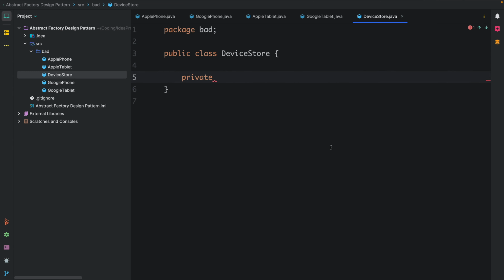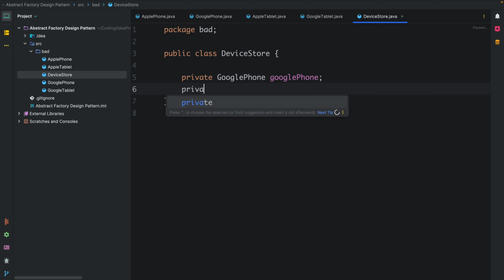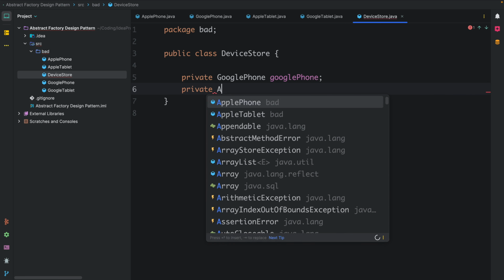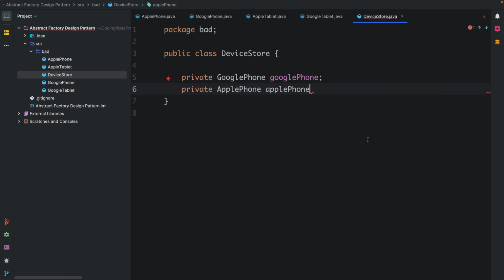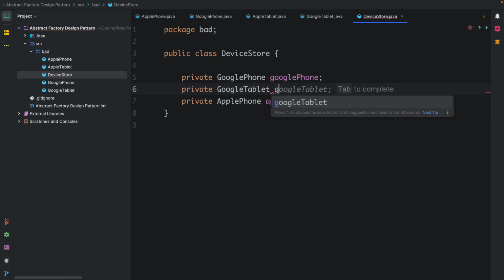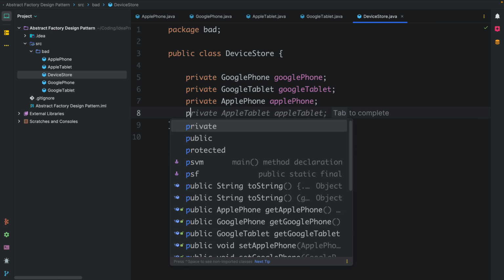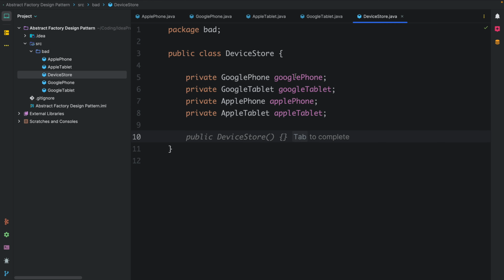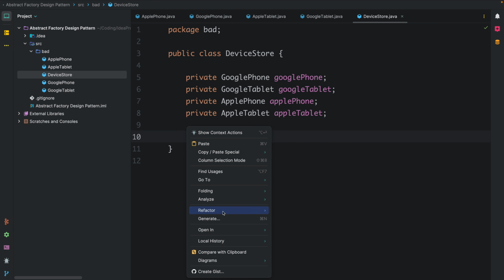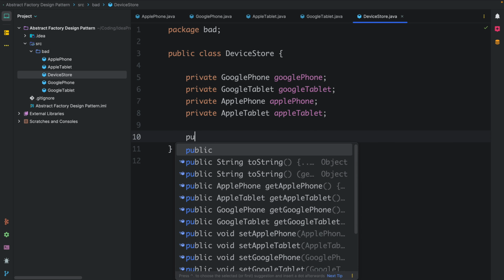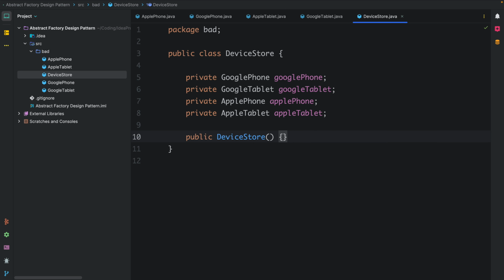So private GooglePhone, private ApplePhone, private GoogleTablet, and similarly AppleTablet, right? So let me create the constructor, public DeviceStore, and in this constructor we will be passing the company name or brand,